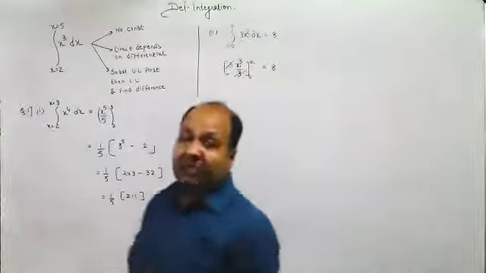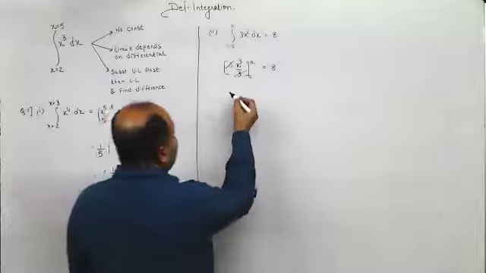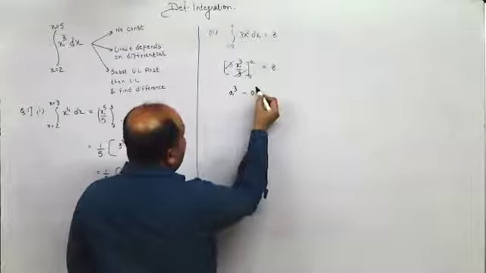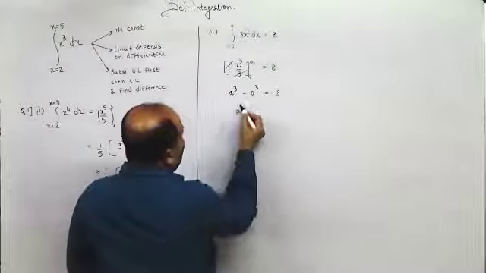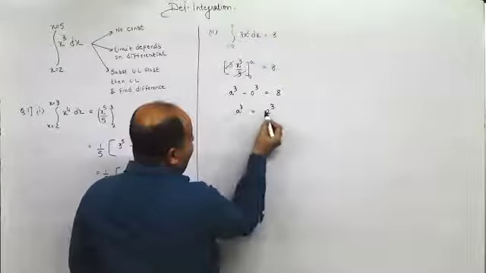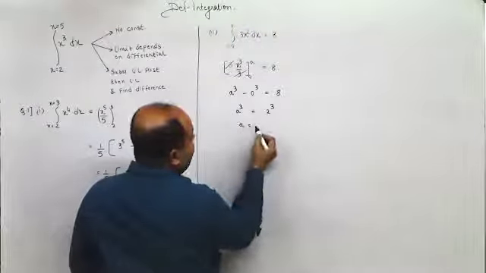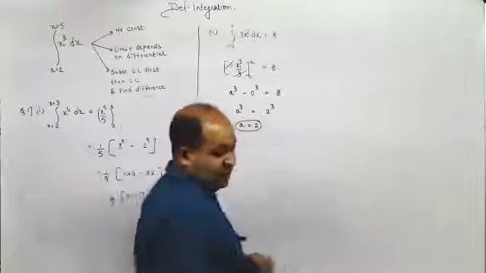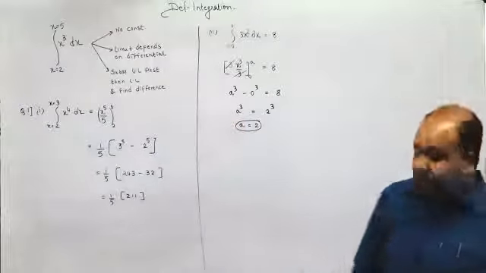When I substitute the upper limit, I get a cube. Then when I substitute the lower limit, I get 0. So a cube minus 0 cube is 8. A cube is 2 cube. Therefore, had it been an even power, I would have written plus or minus. Here this is just plus. Only one sign out of the two.